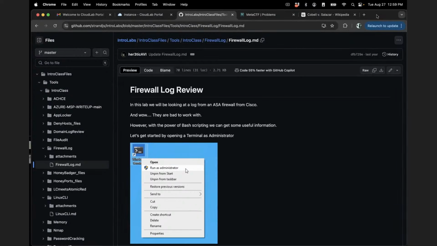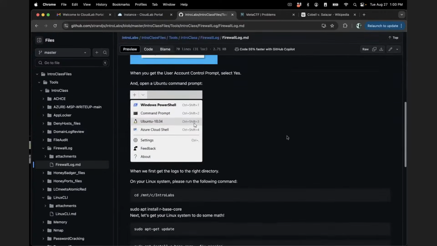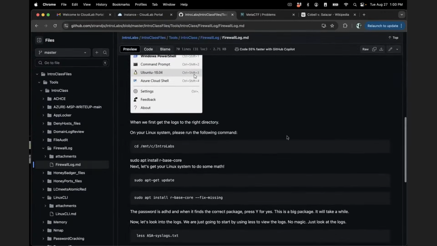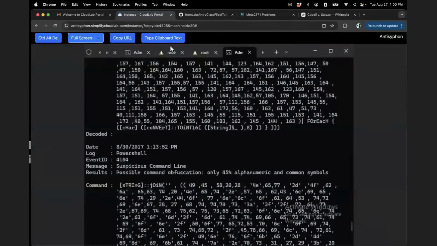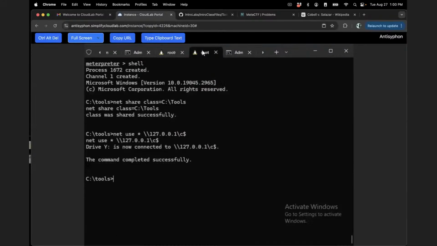Adaptive security appliance logs. This lab is going to show you how I parse an attack against an ASA log. But the tools that I use going through this lab are the exact same tools that I use all of the time. And I'm going to start tomorrow by doing a walkthrough of this lab. So you're going to open up a Linux command prompt on your system. We're going to start there and we're going to CD into